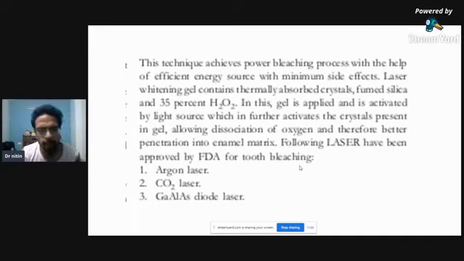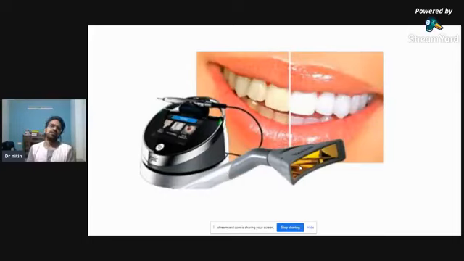As mentioned in the literature, we use H2O2 35%, and different lasers used are argon, CO2, gallium and others. But routinely we use soft tissue lasers ranging from the wavelength of 810 to 900, I guess, as a light source, and we can achieve good results. With lasers the results are good, but several articles have shown that similar results can be achieved with reduced post-operative sensitivity